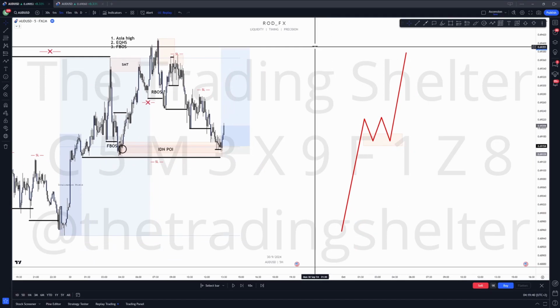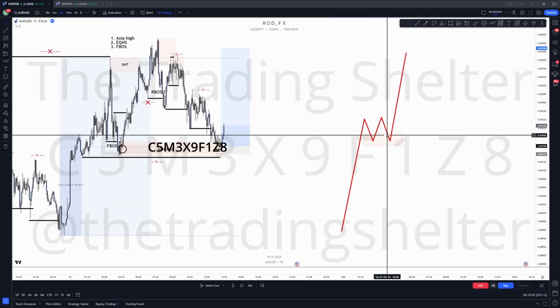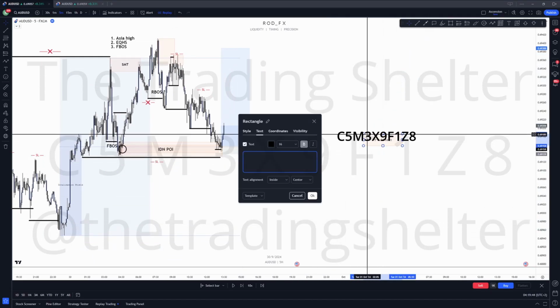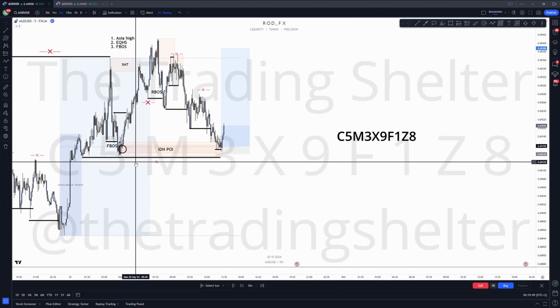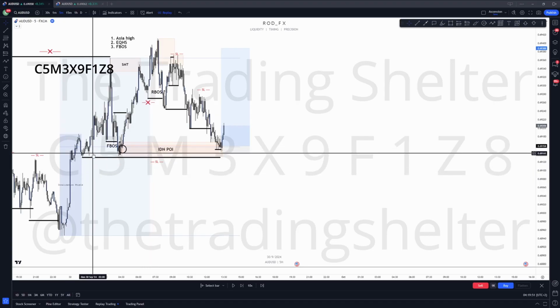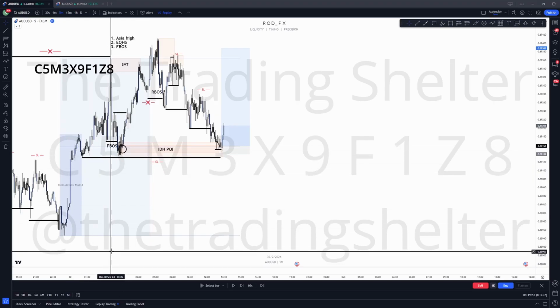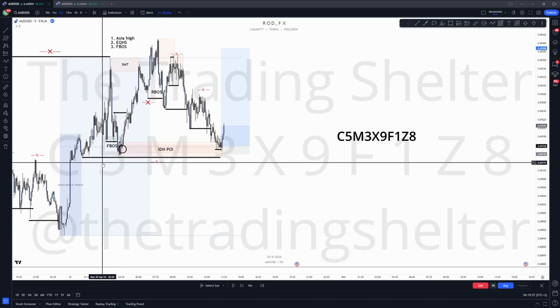Don't overcomplicate by seeing little liquidity points and expecting them to be induced. And even if it gets induced, it's even better, right? So you guys are not pulling the trigger. Of course, you're not supposed to trade, but you're not pulling the trigger right now because you see those equal lows and just expect price to induce them right now. And this is where experience comes into place. You know that those equal lows provide reaction. Why not trade with it?